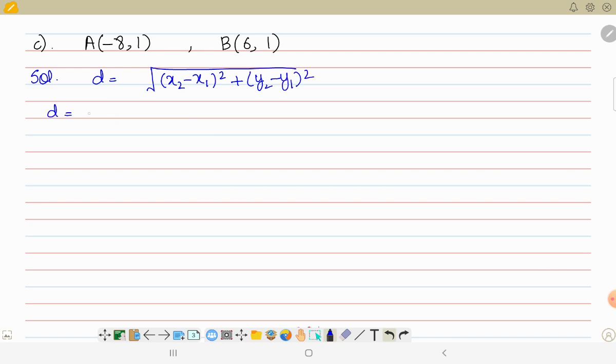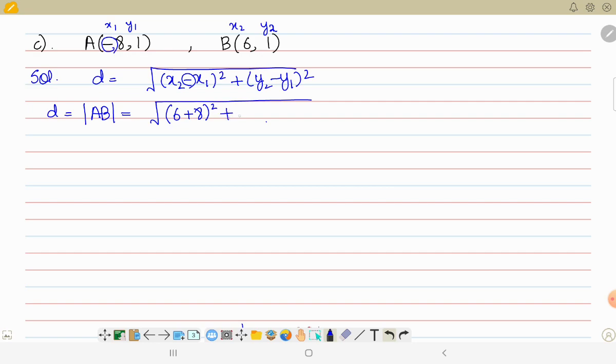Distance is represented by small d, and we are finding the distance between the points A and B. Here we have x1, y1 and x2, y2. If you write it like this, it will be easy for you to apply the distance formula. So x2 is 6, square root of 6, this minus and this minus will become plus, 6 plus 8 whole square